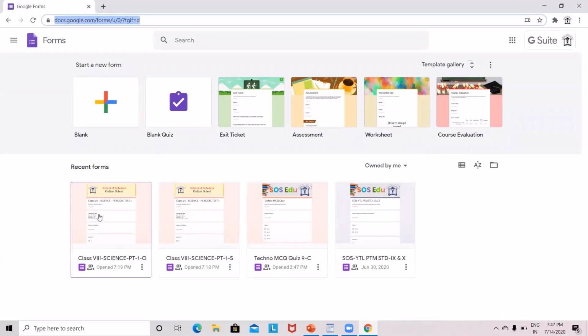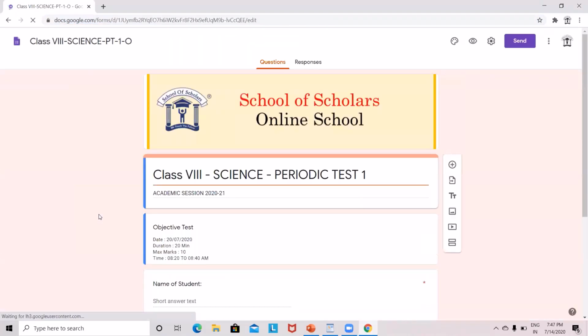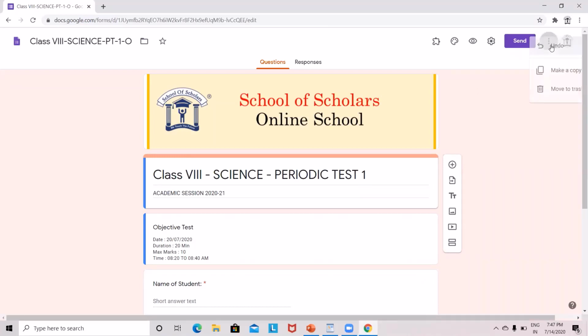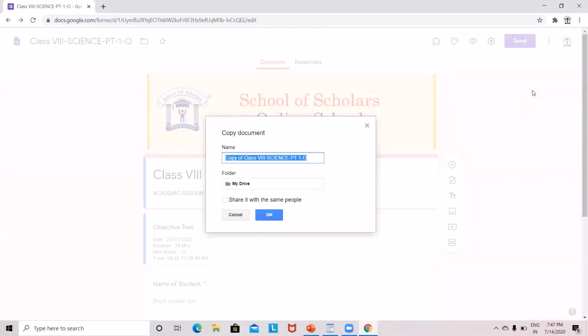Now, the exam in charge will open the objective paper first. From the 3 dots given at the top right corner, click on Make a Copy. From the resulting window, delete the words Copy of.